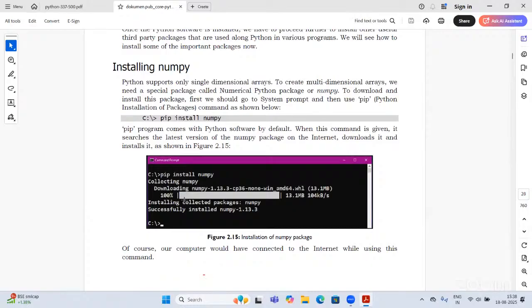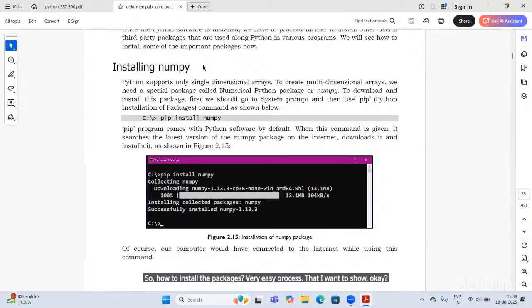How to install the packages? Are you listening? Yes, sir. Python supports so many packages, right? So how to install the packages? It is a very easy process that I want to show. Just note the heading, installing NumPy.